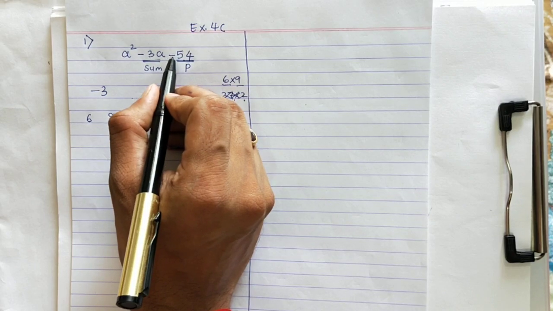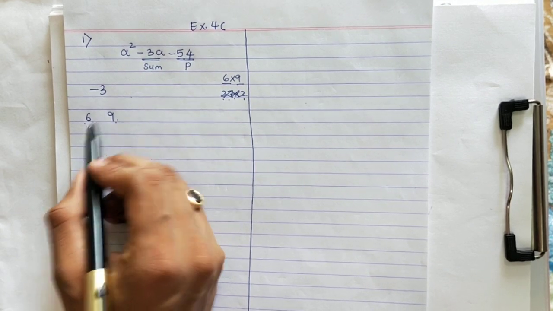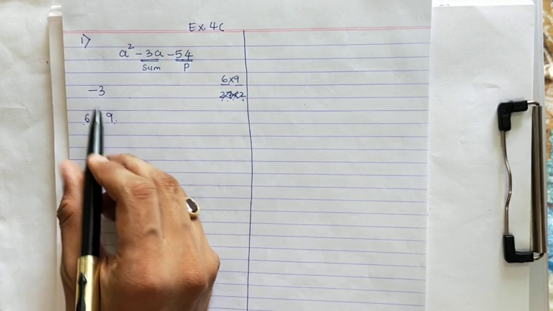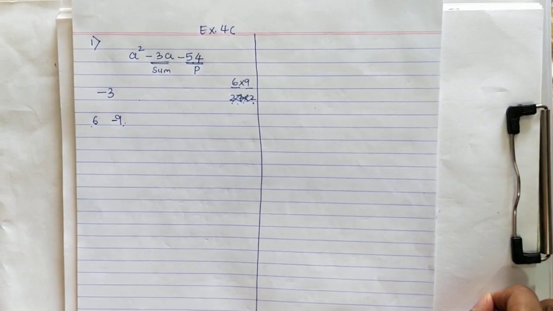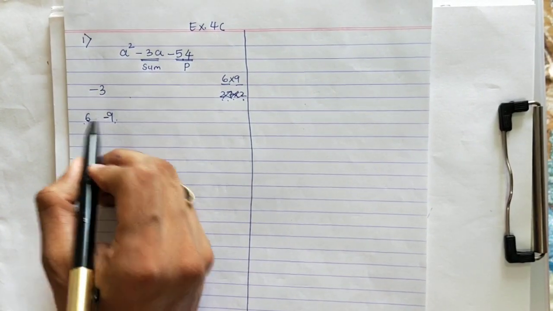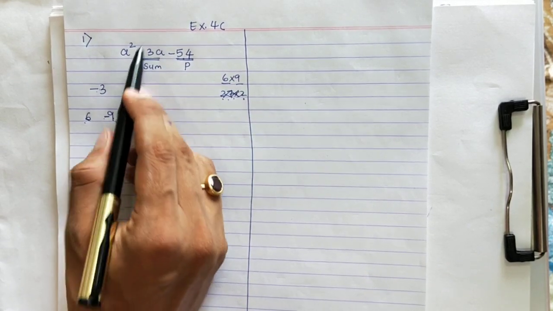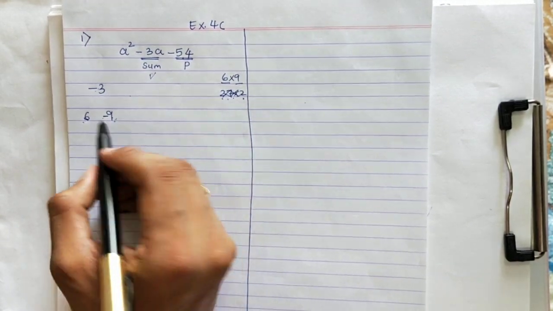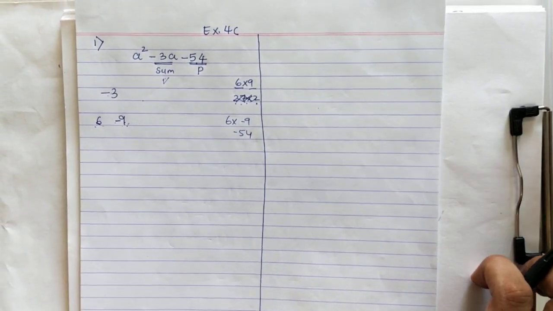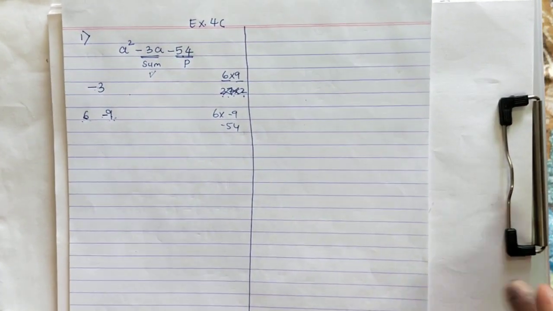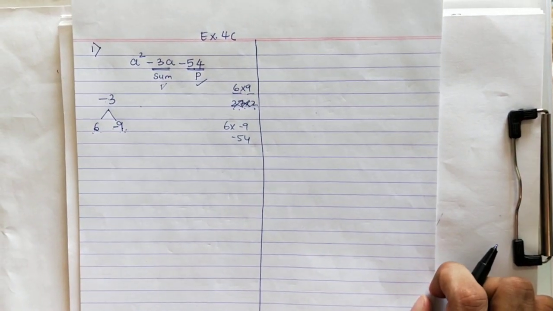I want minus 54. And when I add or subtract, okay, arithmetic includes subtraction and addition, I should get minus 3. So what I'll do, I'll make this 9 negative. Now see, 6 minus 9 will give me minus 3. 6 minus 9 is minus 3, correct? So this is satisfied. And 6 into minus 9 is minus 54, correct? So the second condition of product is also satisfied. That means this is the splitting of minus 3, 6 and minus 9.